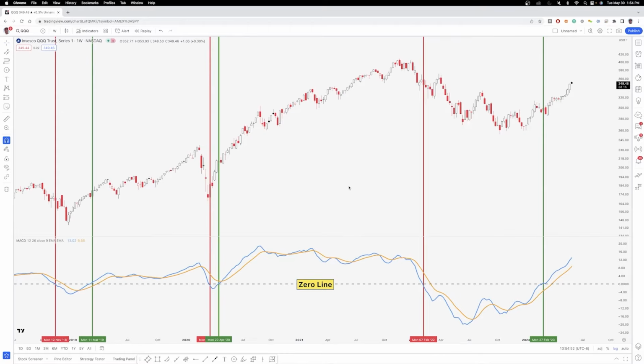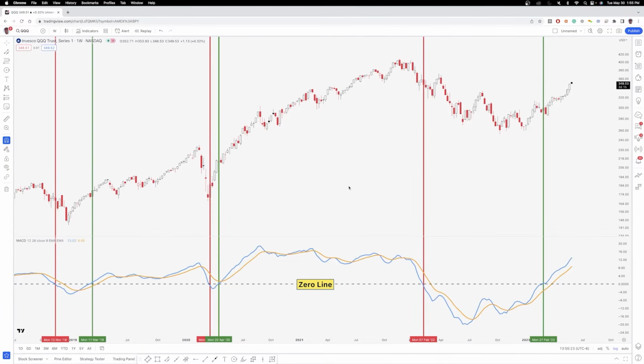So there is a great way to use the MACD pretty much whenever the MACD line, the blue line, crosses below the zero line or above the zero line. You'll see here that we have red lines and green lines, vertical lines, three different instances over the last 4.5 years. I did this video in May of 2023, so we're looking back all the way to around July of 2018. And you'll see there's three pretty distinct signals here where the MACD crosses below or back above